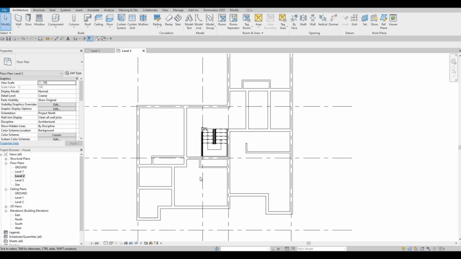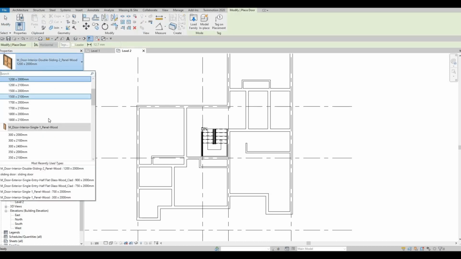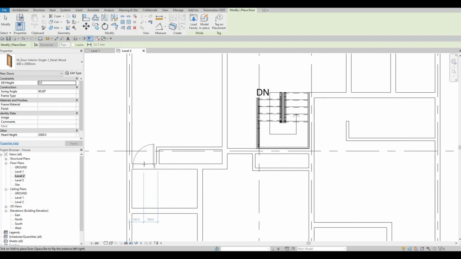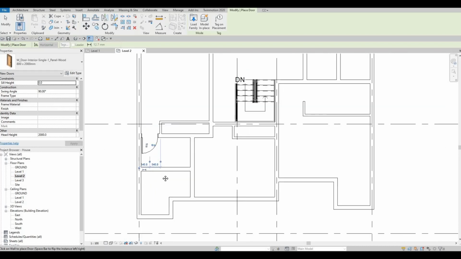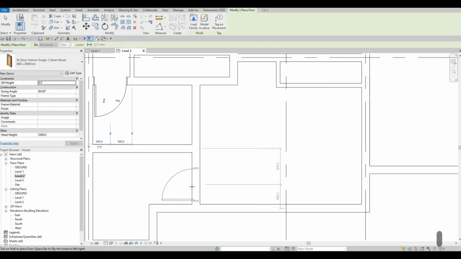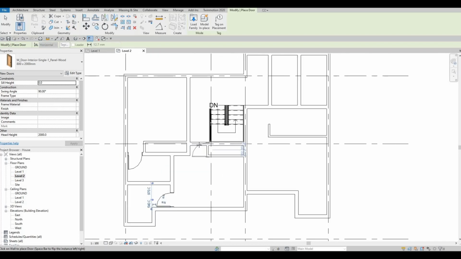So for everybody, so that you guys can visualize, let's add in the door. So click on the door right here, and then let's look for the single interior panel first, and then let's add in around 800 by 2000. So here I have the 800 by 2000. You need to press your space bar to change orientation, and the side, so if you put your crosshair on the interior, it will go to interior, and then outside if you put it on the outside. So here I'm just adding this. Let's add this one as well, right about here. And then also right here,